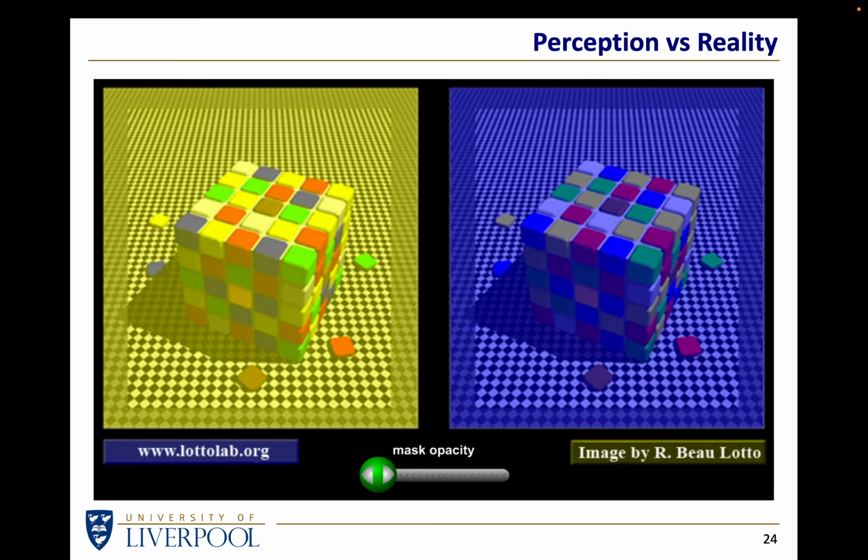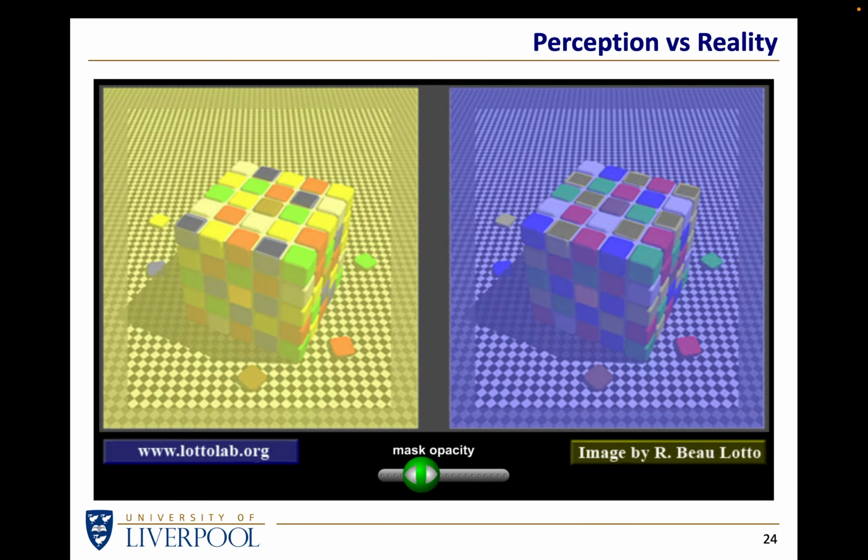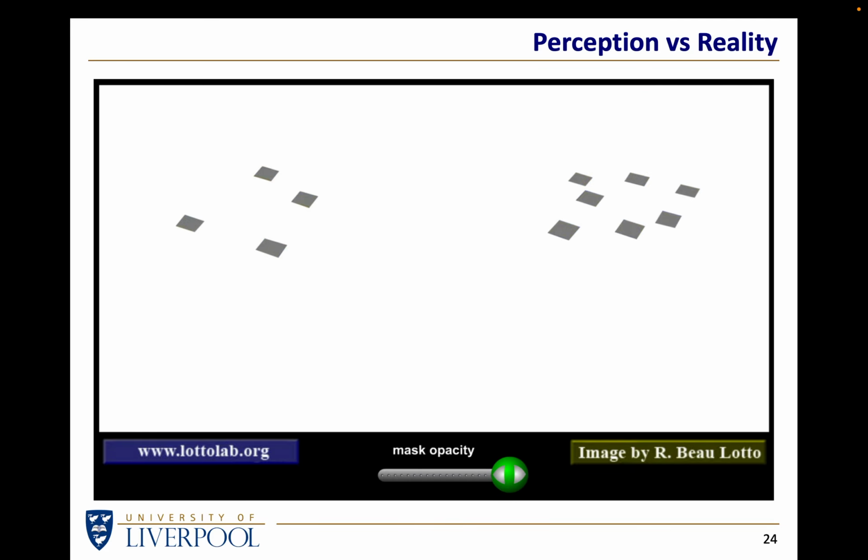Yes, I'll say that again. Those tiles are actually the same color. Let me take away all the pixels other than the ones we are interested in. I'll take them away. That is what you were actually looking at. You weren't looking at 4 blue tiles on the left and 7 yellow tiles on the right. You were actually looking at gray